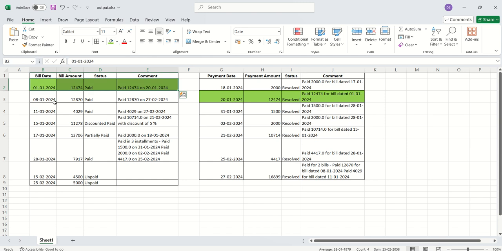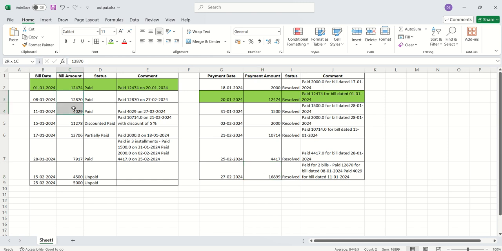Similarly, for 8 January 2024 the amount is 12,870 and it says paid on 27 February, and for 11 Jan it also says paid on 27 February. So two records have the comment paid on 27 February. In the payment made on 27 February, 16,899 rupees have been paid.